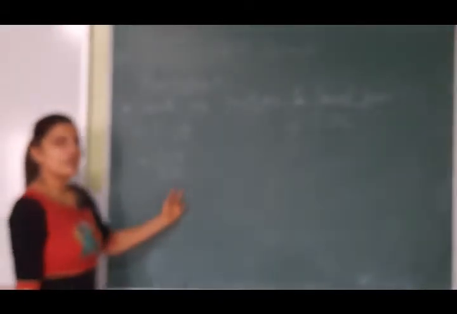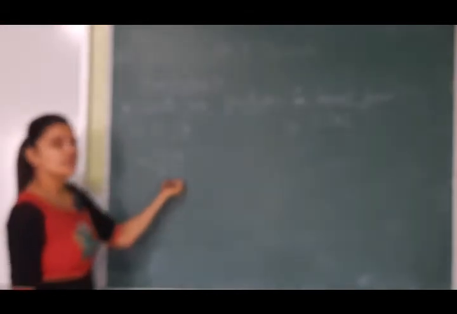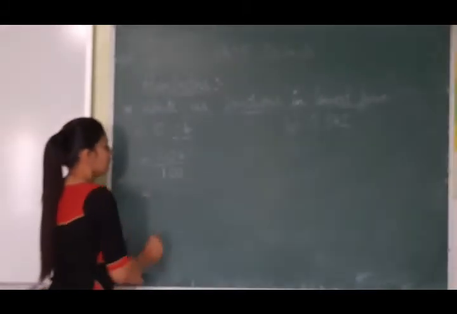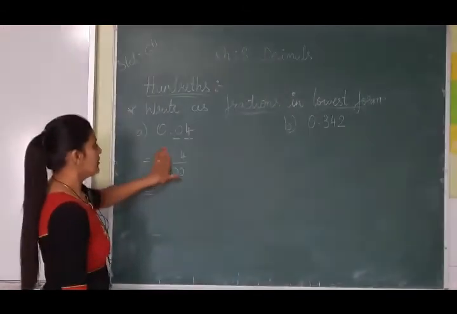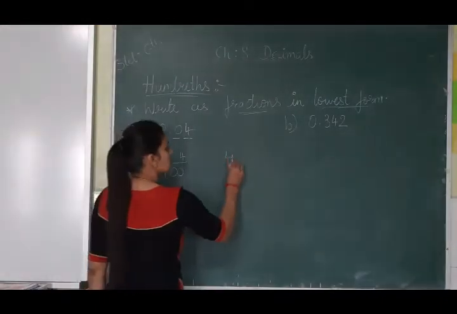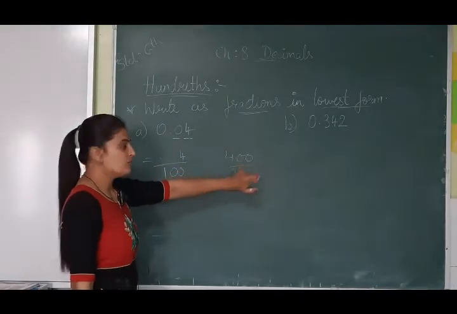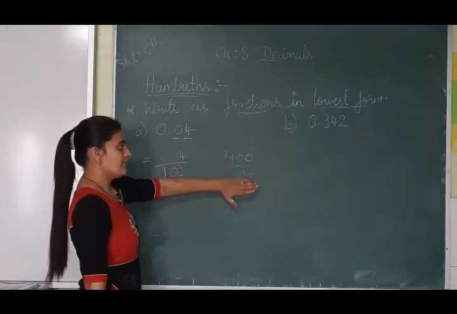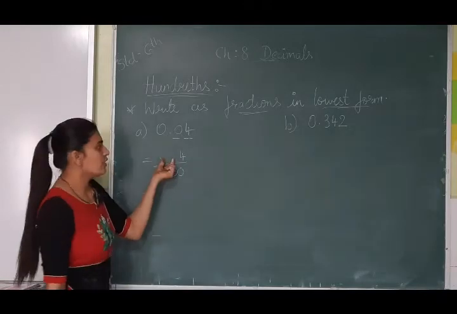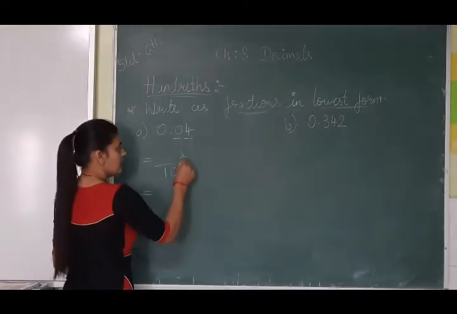So how many zeros do you have to put? Whatever number of digits are after the point, that many zeros you have to put in the denominator. If 2 digits, then 100. If 1 digit, then 10. It will be equal to, now this 0 we will remove, we only need 4 by 100. Now if it was 400 by 100, then you are not able to cut the zeros out simply. But here the 0 is before the number, so we can remove it. So here it will be 4 by 100.